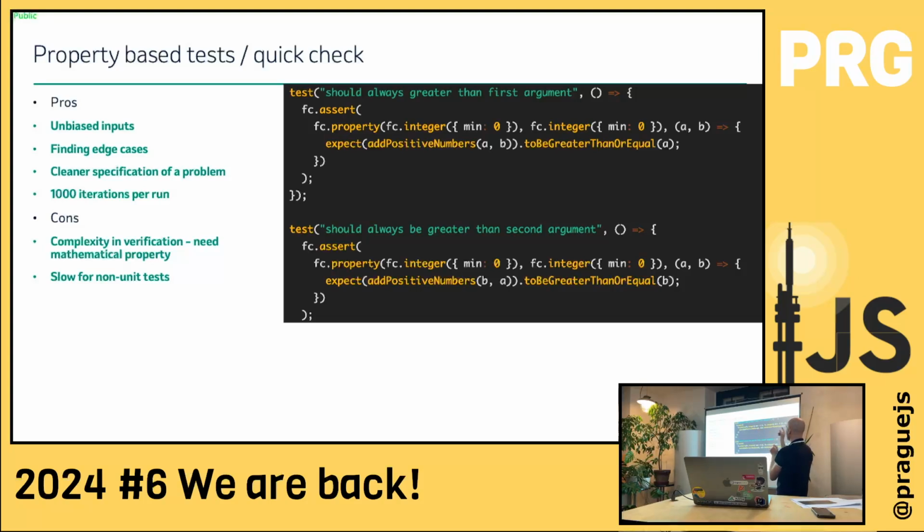So it would find -1 as the edge of the input and tell you, okay, after 100 iterations, I found that -1 is the input which is breaking your implementation. So please check your implementation.